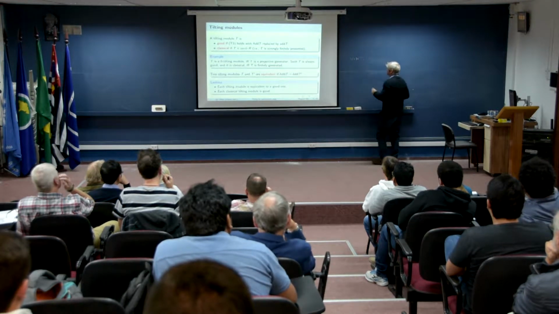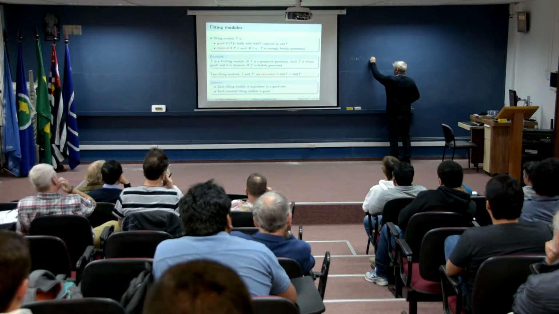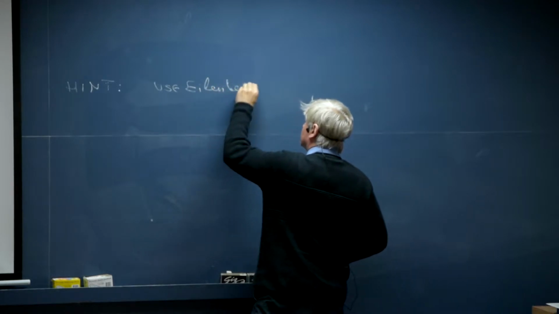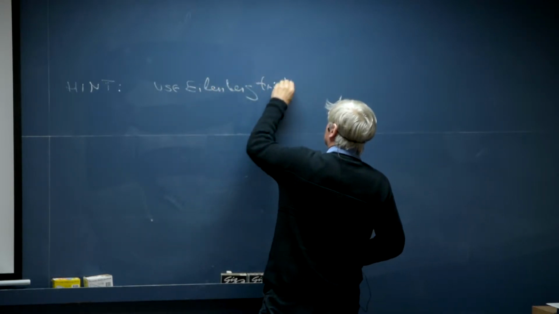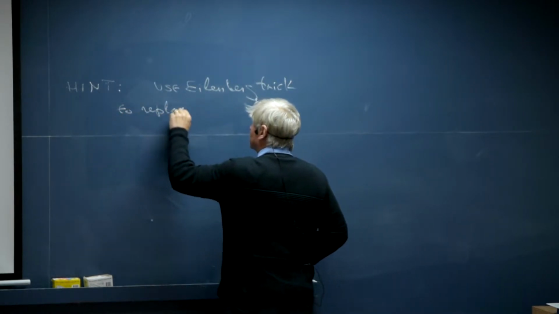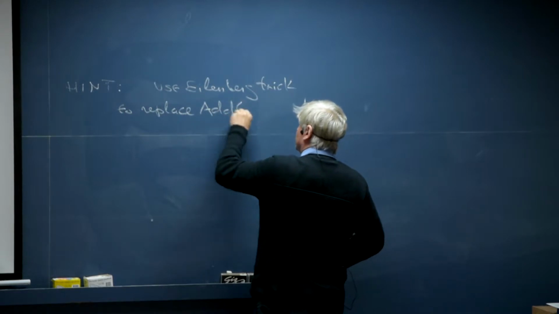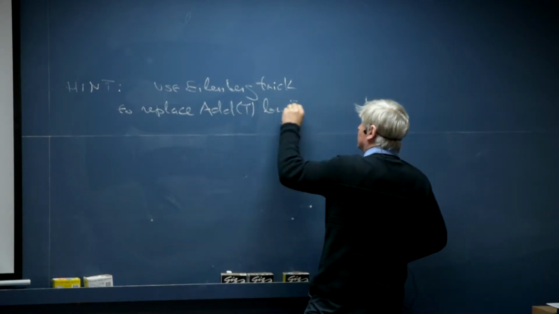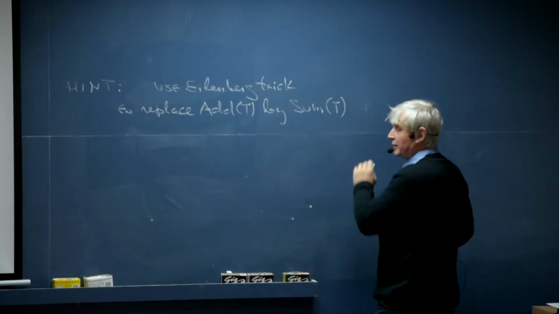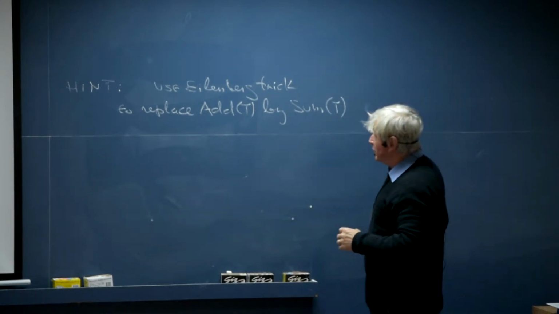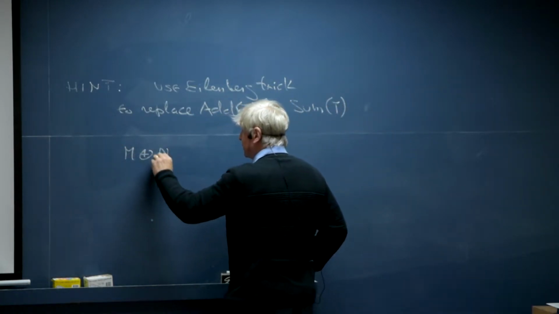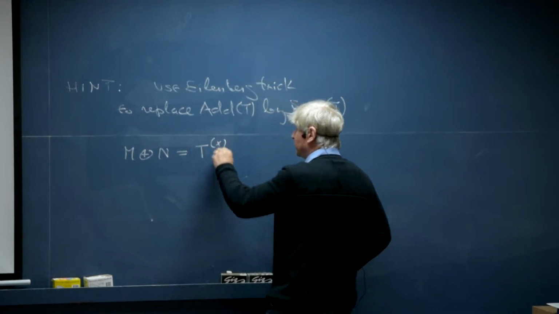The hint is as follows. First, use the Eilenberg trick to replace add T by Sum T. Now add T is direct summands of copies of T. Sum T is just direct sums of copies of T. And why can you do it? Because if you have a module which is a summand of some direct sum of copies of T, then